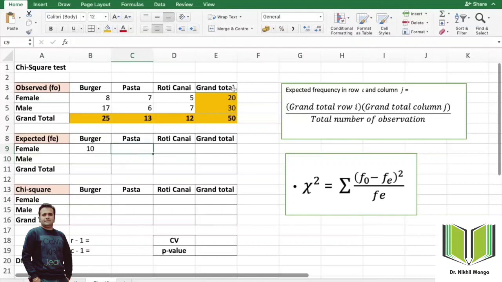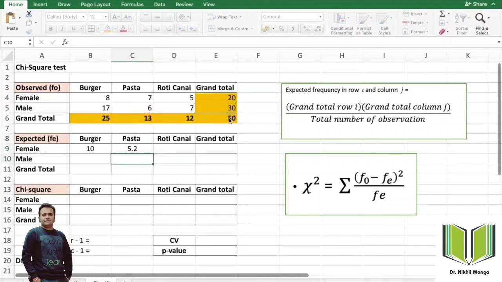Now I'll show you. I just click on the grand total of the female and then first of all I'll put the equal sign, then I click on the female grand total and I multiply it with the grand total of pasta, that is 13, divided by the total number of observations, that is 50. I just enter it.